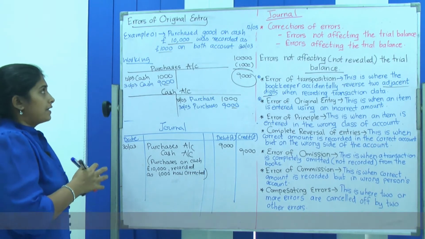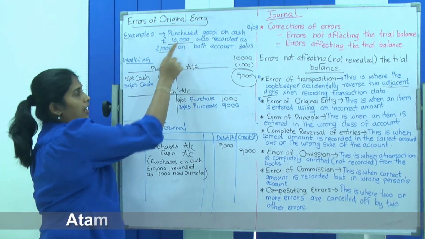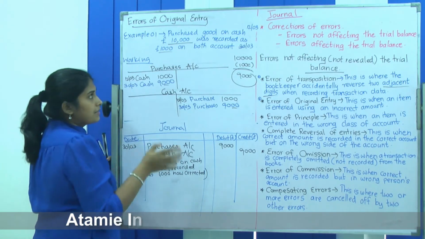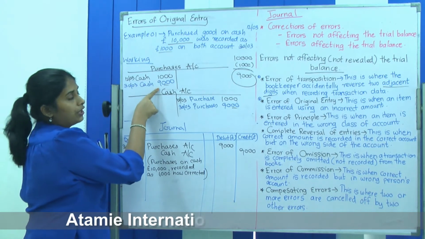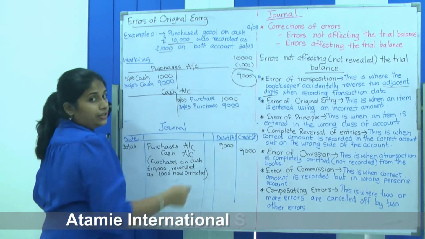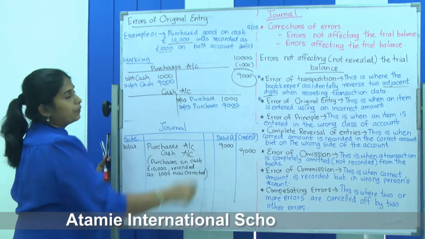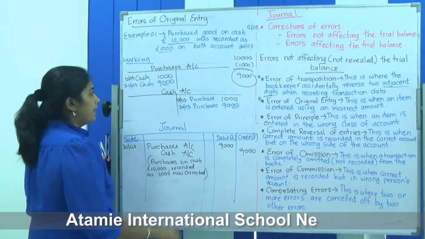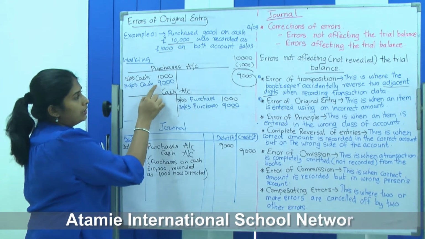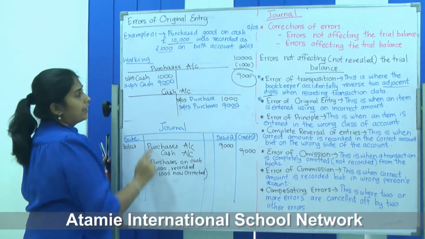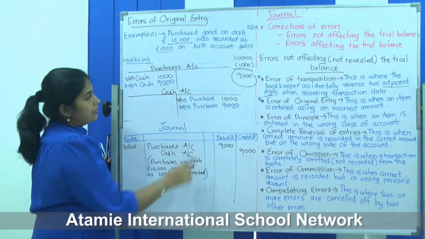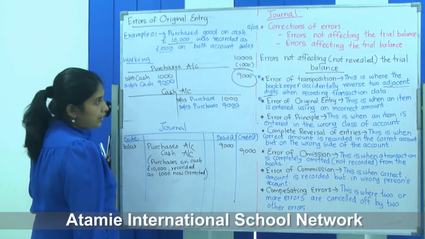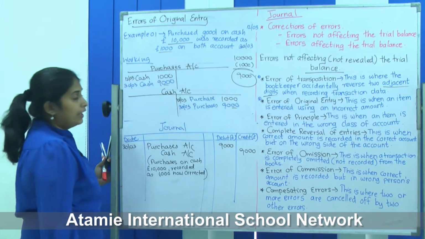Okay, so what has happened? Actual amount is 10,000, but the bookkeeper mistakenly he has written 1,000. So to increase the 1,000 into 10,000, there is a difference of 9,000. That 9,000 should be recorded, should be added. So same 1,000 to increase to 10,000, 9,000 should be debited. In the cash account, 1,000 only there. So to increase it to 10,000, 9,000 should be corrected.